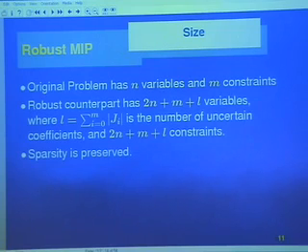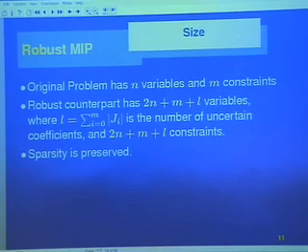So this preserves tractability. And something that is quite important from practical consideration is that optimization models are very much affected by sparsity. If you have a sparse model, you can solve. If you don't have a sparse model, typically you cannot solve it. Sparsity is preserved. In other words, the transformation is such that you add new variables, but the new problem becomes sparse.